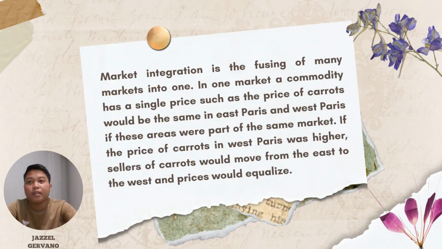In one market, a commodity has a single price. For example, the price of carrots will be the same in East Paris and West Paris. If these areas were part of the same market and the price of carrots in West Paris was higher, sellers of carrots would move from the east to the west and the price would equalize. So for example,